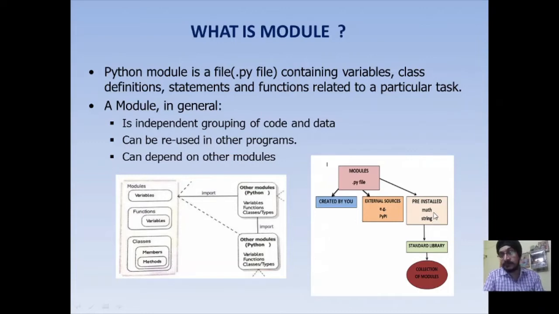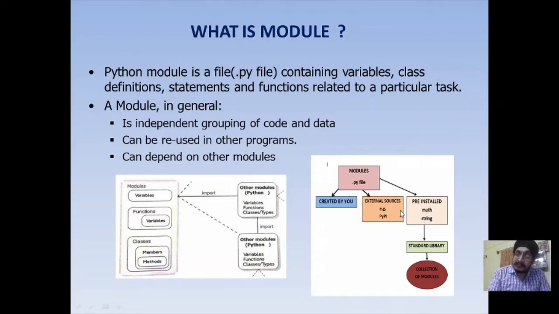You might have used the pow function or square root function in class 11, or you might have used some string functions. So these are pre-installed modules. When you install Python, then these modules, the standard library modules, are automatically available to you. So these are called standard library modules.